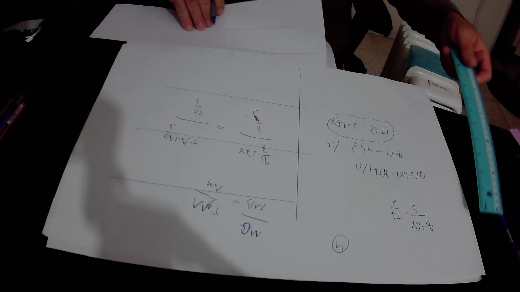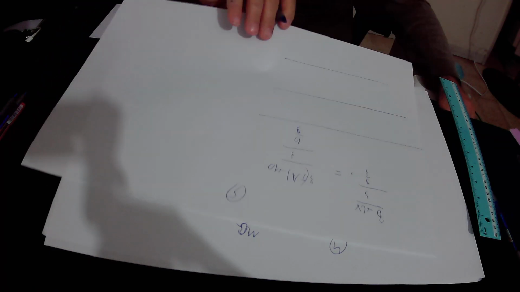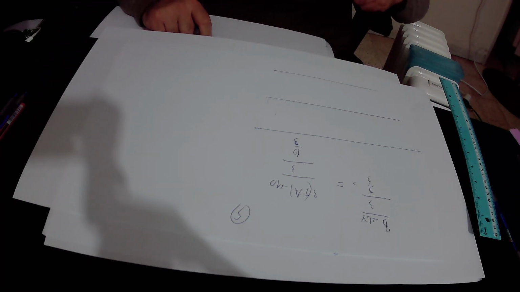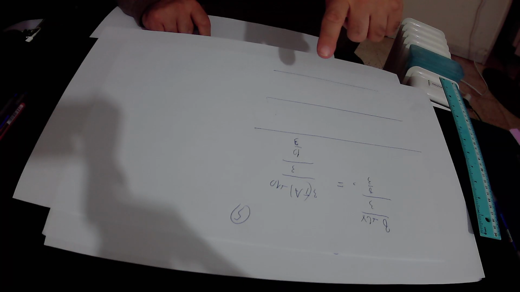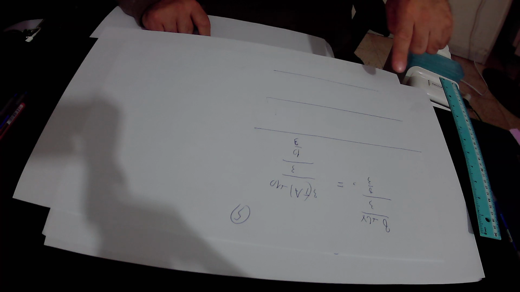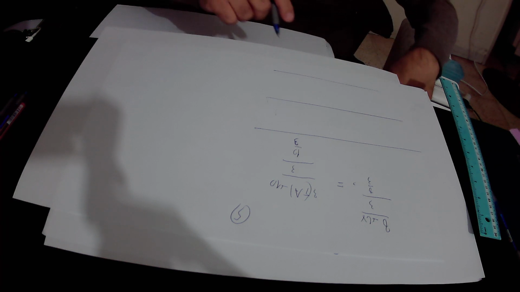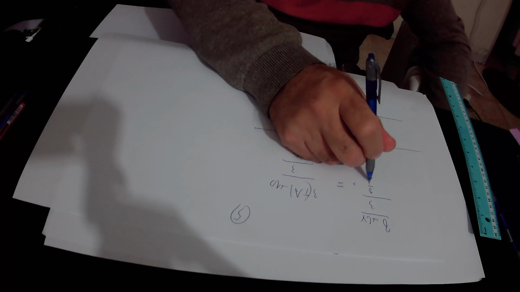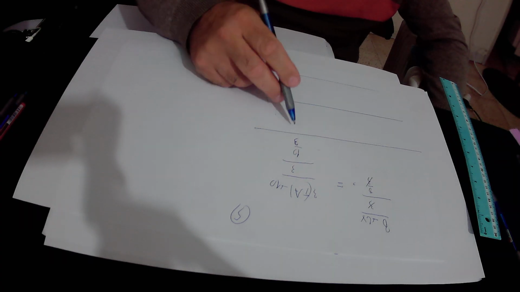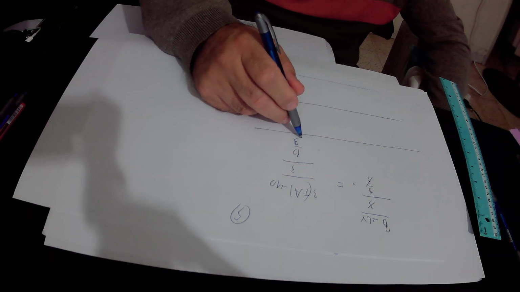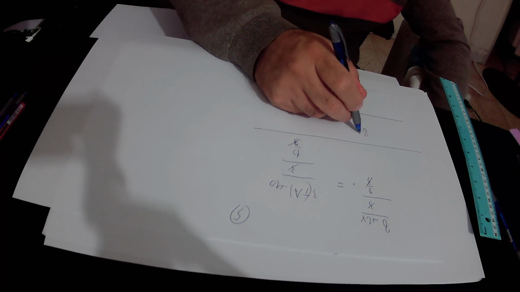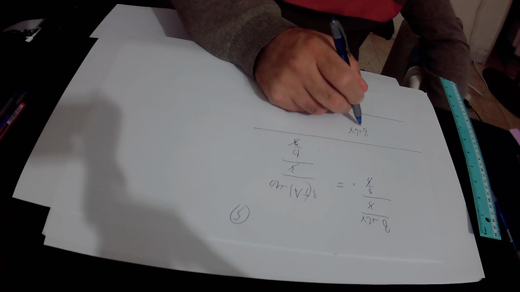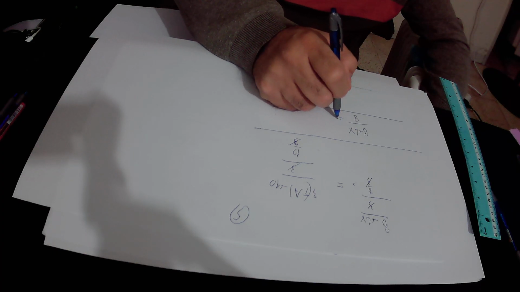So in conclusion, we found out that 8 plus 6x over 3 over 8 over 3 equals 3TA plus 10 over 3 over 10 over 3. So here we have 3 in the numerator and 3 in the denominator, so 3 will get cancelled. Here also we have 3 in the numerator and 3 in the denominator, so 3 will get cancelled. And we are left with only 8 plus 6x over 8, that is equal to